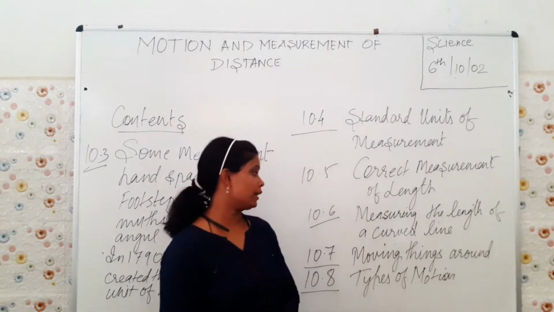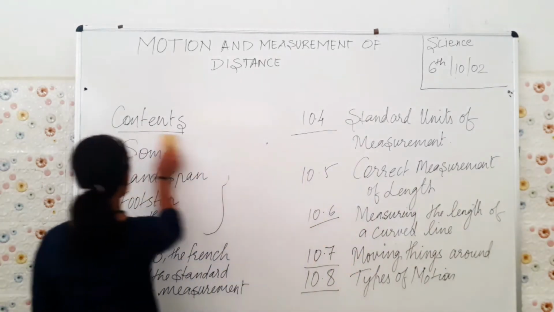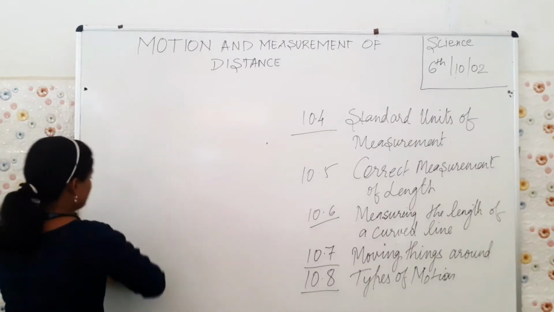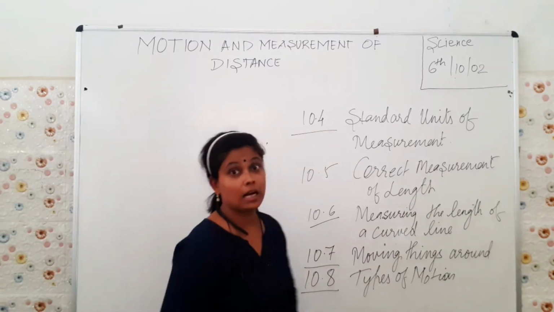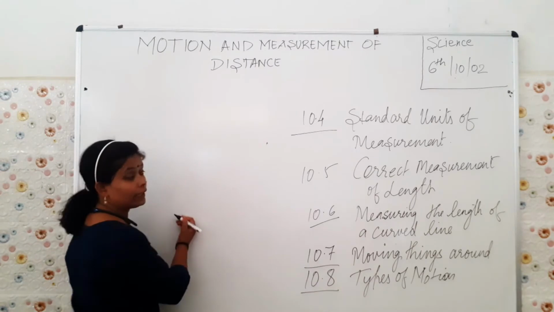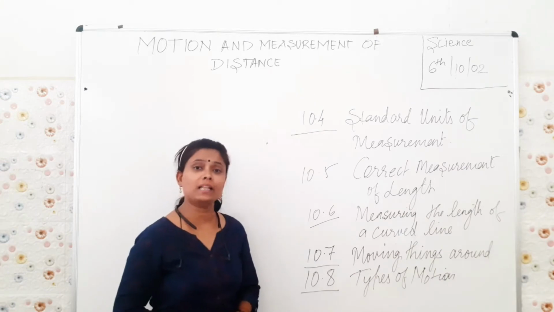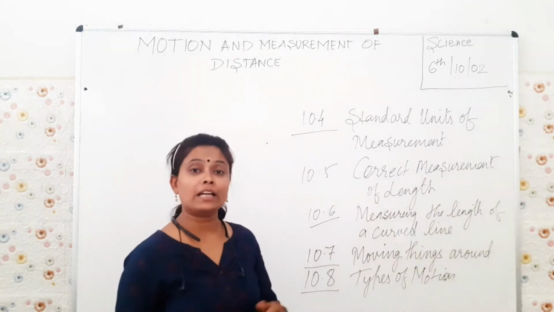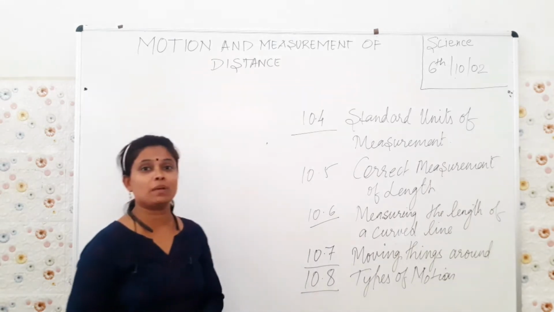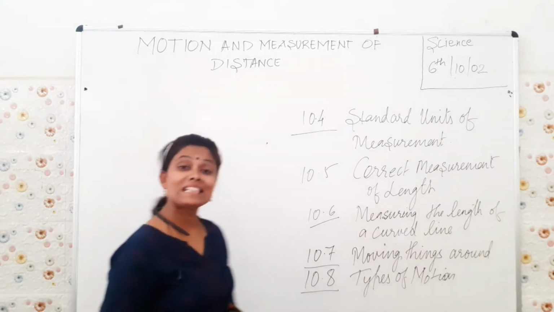Next, measuring the length of a curved line. Sometimes, suppose you have to measure, even earthquakes are measured with the help of scales only. There is a shaking beneath the earth, and it is measured by a scale. The scale's name is the Richter scale. You will come to know in standard 8 what it is all about. But always remember, whether it's a flood or an earthquake, it is measured by a particular scale.